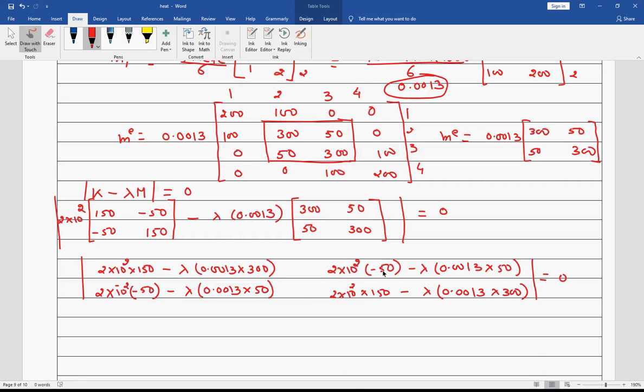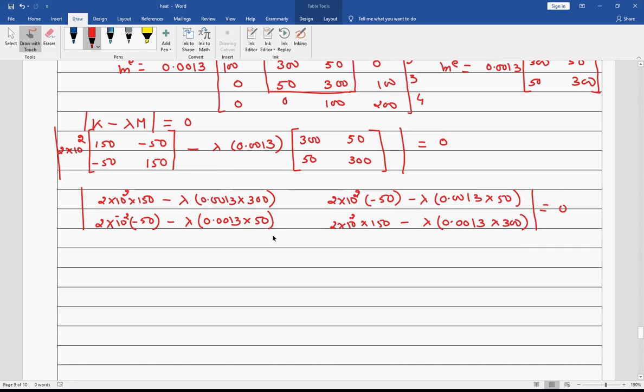It's a minus b square, and here it's also a minus b square. So you can easily write it like this, and then you have the form a lambda square plus b lambda plus c equal to 0. So I am interested in the values of a, b and c. So please calculate and let me know these values.